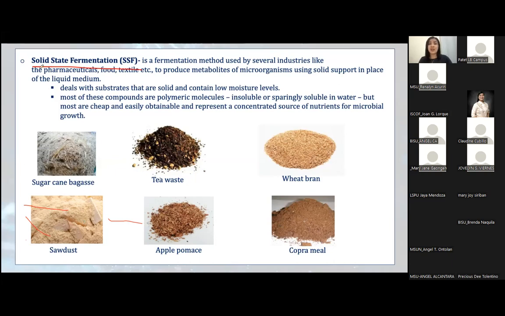So that is solid state fermentation. You are using these wastes as substrate, the substrate where you grow microorganisms, the good bacteria. So now, at LSPU, we have a project wherein we are doing solid state fermentation. It's small scale pa lang naman, and we are using molasses, okay? Parang sugarcane din siya, sugarcane bagasse, molasses as a substrate wherein we grow lactic acid bacteria.